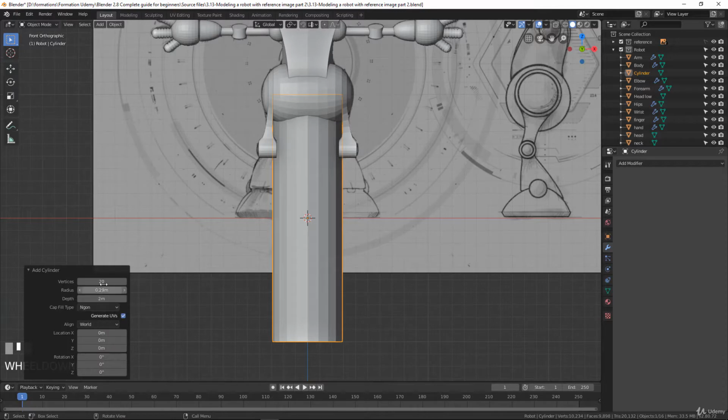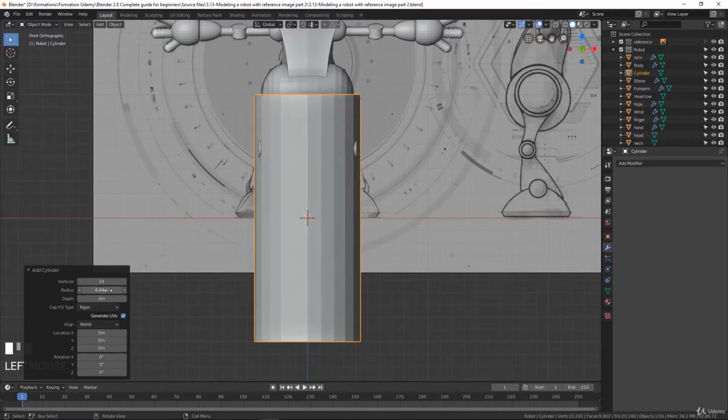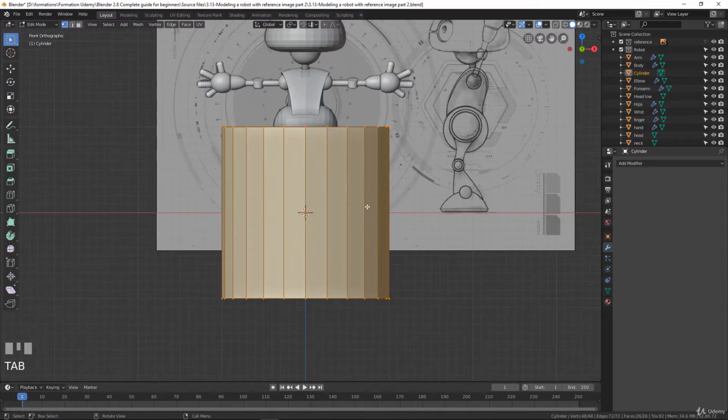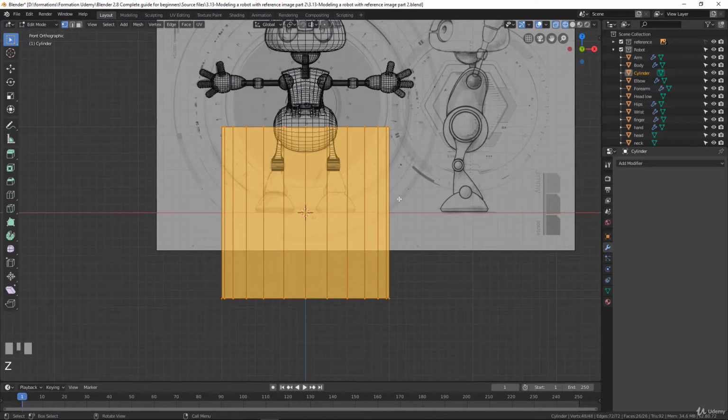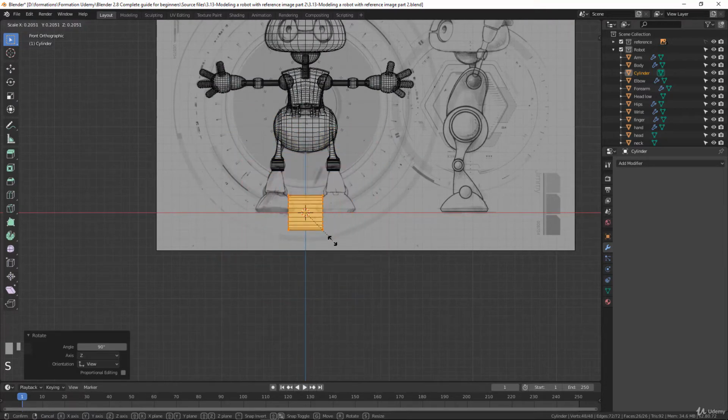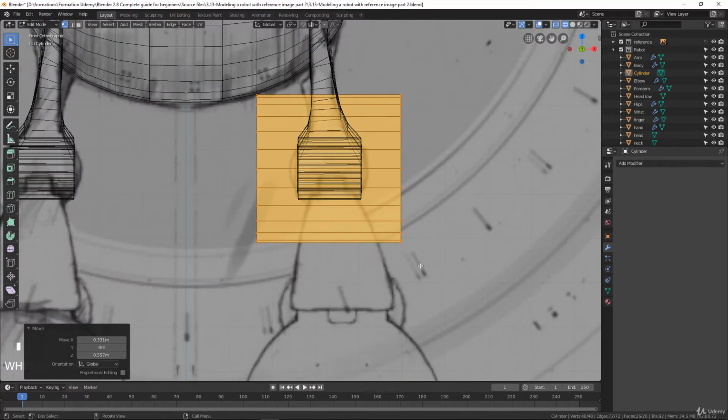This cylinder, I will say it will be 24 vertices and not a big, just a normal radius like this with one radius. Okay, and we will manage that in edit mode after. So we'll go in edit mode and in front view here, and in wireframe view I will make a rotation 90 degrees. Okay, scale, come there and put this inside